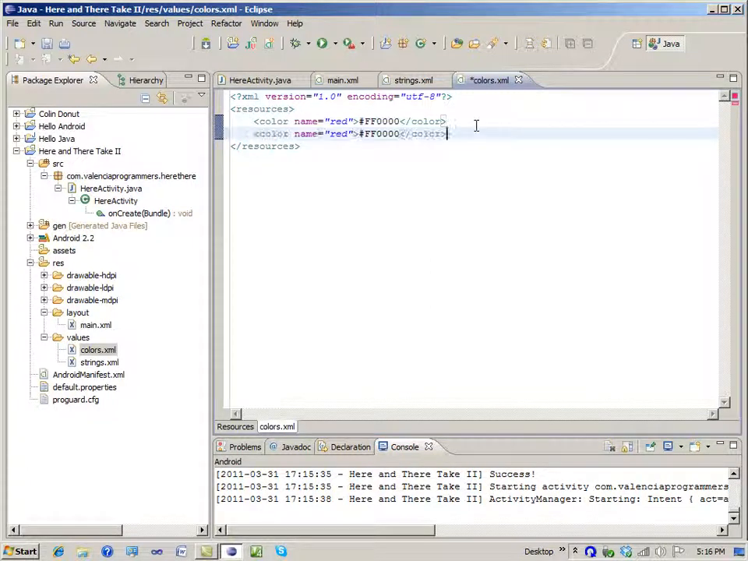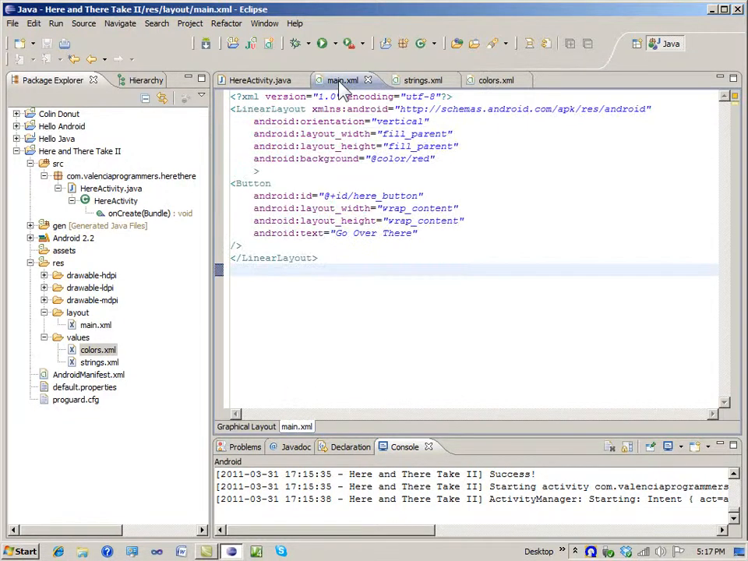Okay, well, we're in here and we kind of know what's going on. I'm going to add another color resource. Let's say that blue looks like this. There's red, green, blue. Is that too blue? I don't want to blind anyone with how blue that is. Okay. So now we have a button that has go over there on it,